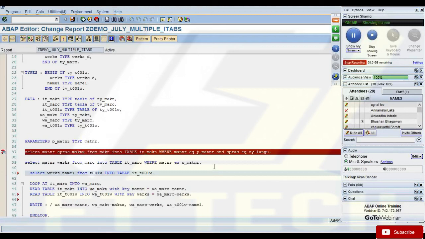There's one more way, one more variation, that is your for all entries. By saying for all entries, I can make the system scan one internal table and compare the values of that internal table. So I can say select this from this table into my internal table, for all entries in